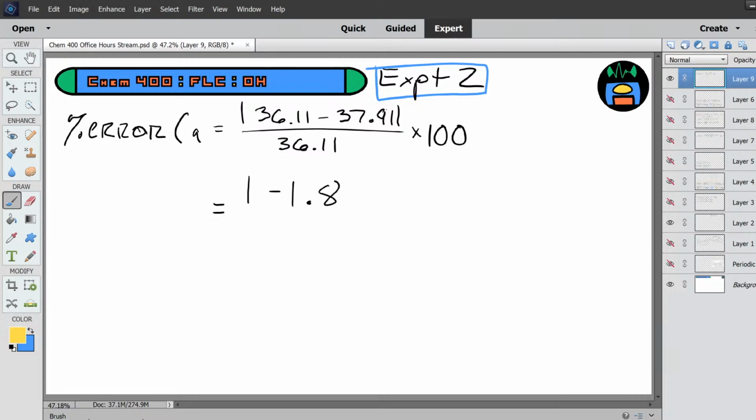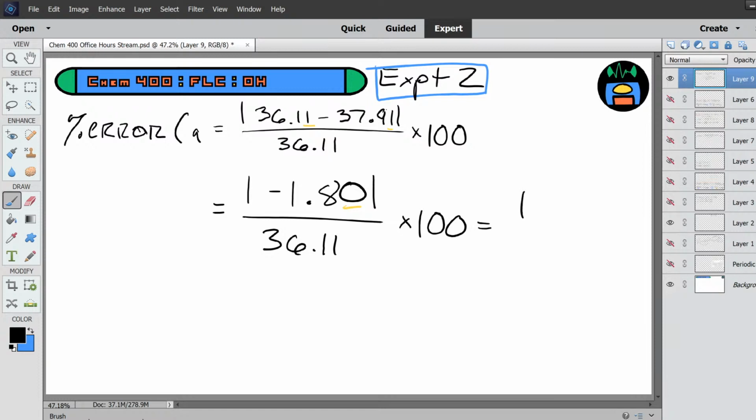Both of these numbers have their last significant digit in the second decimal place, so my answer must have its last significant digit in the second decimal place as well. All right. So we have that over 36.11 times 100. All right, absolute value just turns any negative into a positive. So this is just 1.8 over